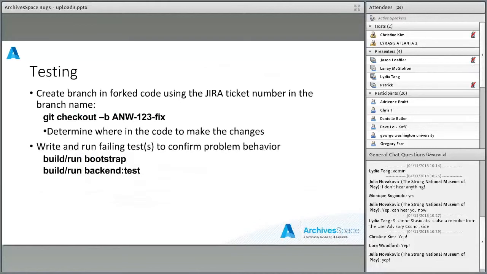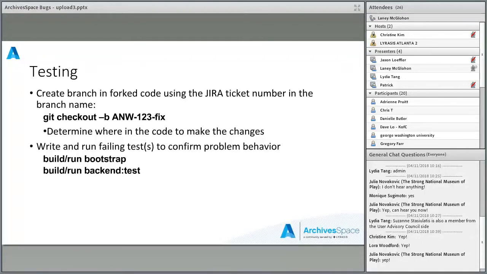Next, once you've forked the code, you're going to want to clone your fork onto your machine. I'm sorry, this is going to be a very geeky section of this talk. But anyway, what you do is you fork the code. Once you fork the code, you clone your GitHub fork onto your machine, and then what you're going